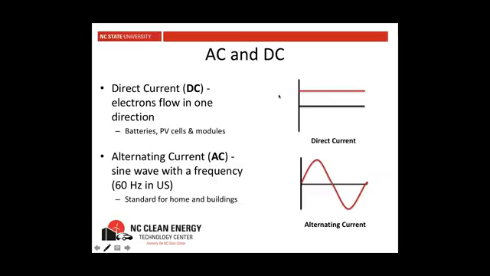So when we convert DC to AC, what we're doing is taking that straight line and forcing it into a sine wave. We're going to put steps in that straight line to force it to look like and act like an AC sine wave. So that's the conversion process that we have to do